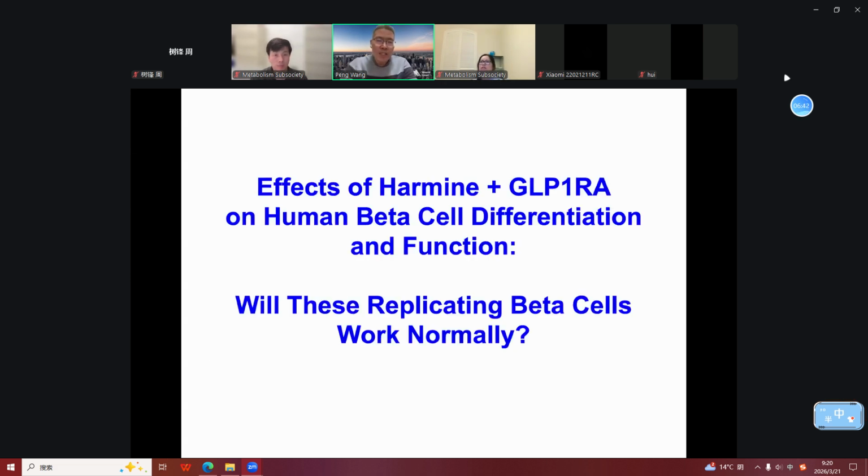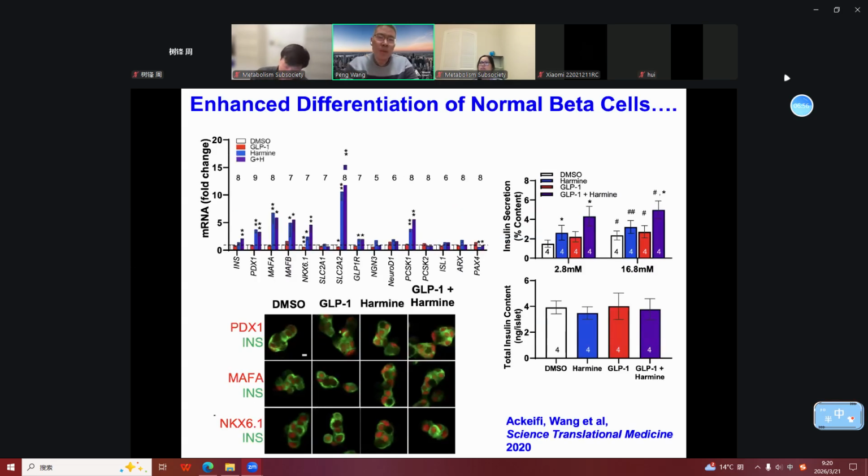Next, we want to ask about the effect of harmine plus GLP-1 receptor agonists on human beta cell differentiation and function. Will these replicating beta cells work normally? Since harmine alone or harmine plus GLP-1 receptor agonists can drive human beta cell proliferation, we worry that this proliferation may result in some de-differentiation, and they may not be fully functional. In order to test that, we treated human islets in vitro with DMSO, GLP-1, harmine, and the GLP-1 harmine